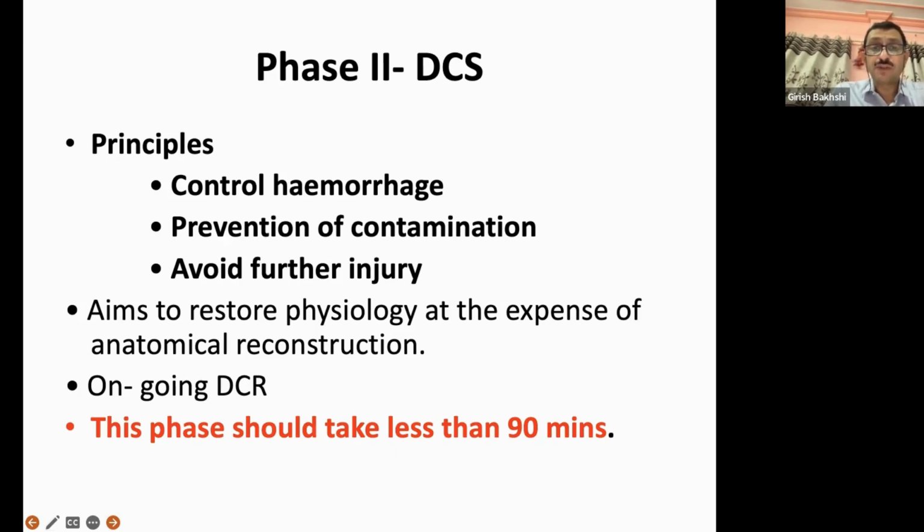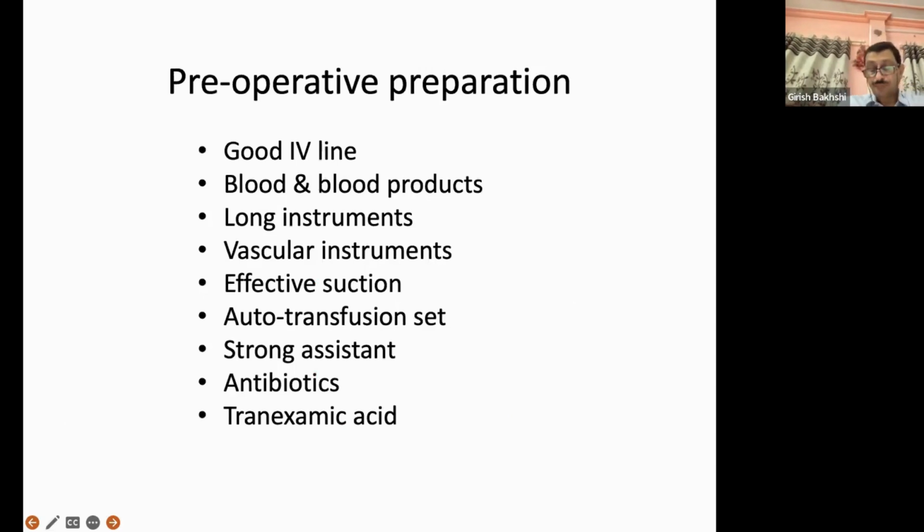If the bowel is perforated at many points, just take that loop of bowel, block it from both the ends and give a good lavage and put a big drain and come out. Don't try to suture it. The basic purpose is that this phase should not be more than 1.5 hours. In other words, 90 minutes, because you have to finish it, close the abdomen and shift this patient to the